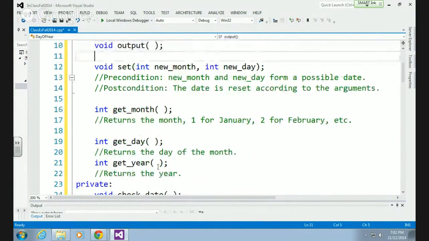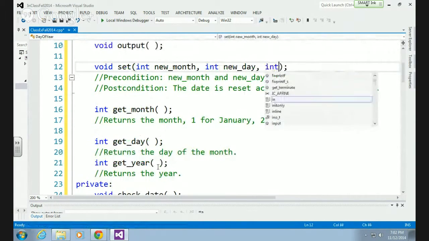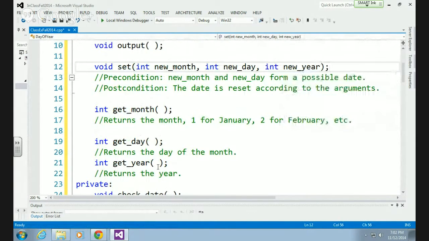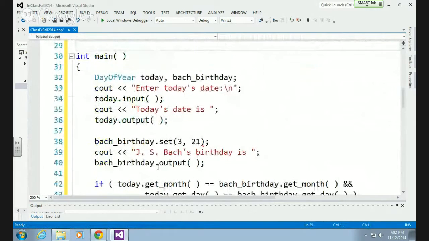And we're going to need to change the set function to set the year, which means we're going to need